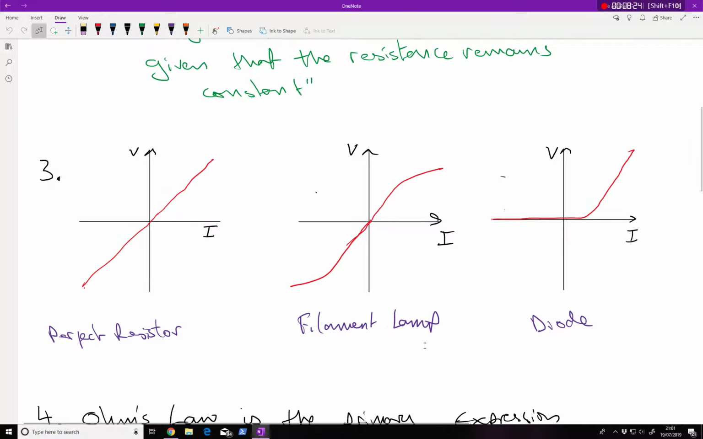On the flip side, I have a filament lamp. So we know how filament lamps work. They produce light by having a current pass through a filament. That filament has a high resistance, it gets hot and it starts to glow. In this region here, centered about the origin, the filament is well behaved because the voltage is proportional with the current. However, at even higher currents, at even higher voltages, the current gets higher, but because they